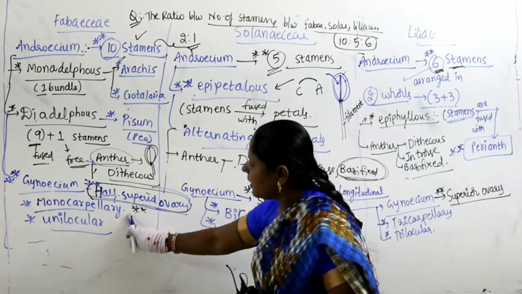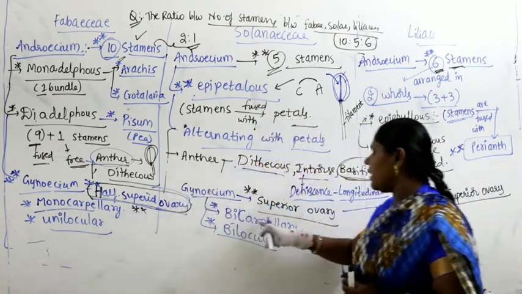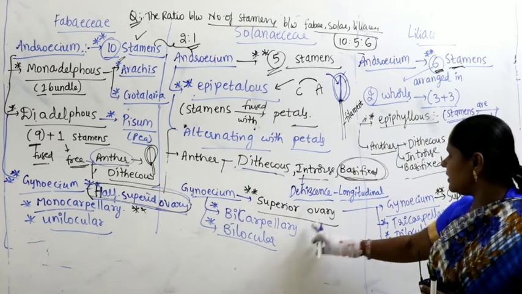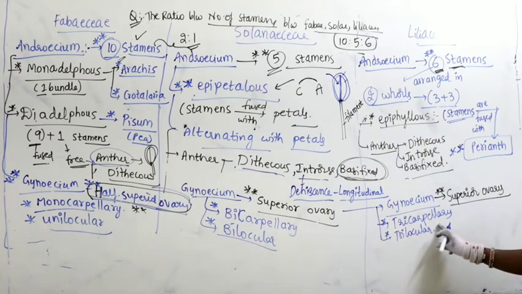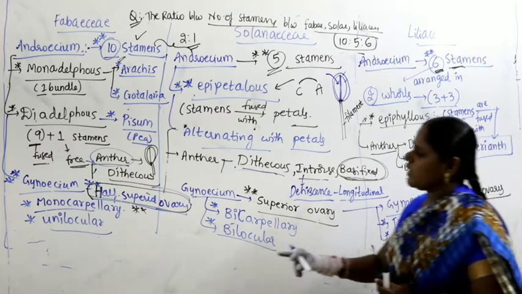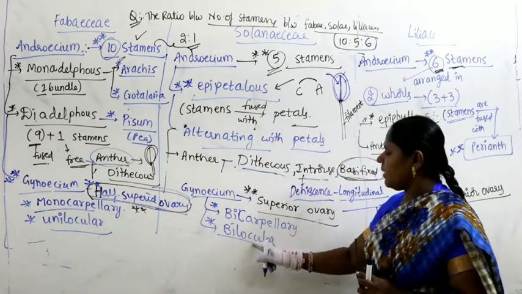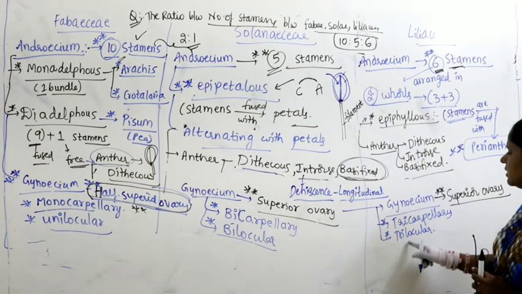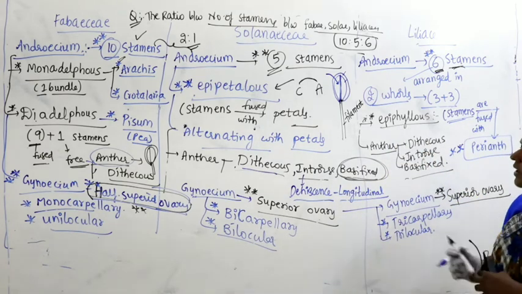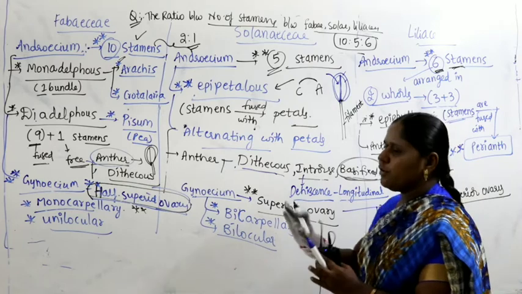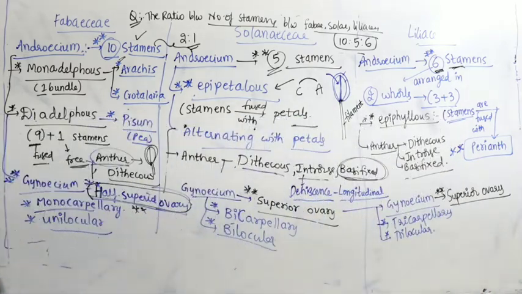Fabaceae is monocarpellary, meaning 1 carpel; Solanaceae is bicarpellary, 2 carpels; Liliaceae is tricarpellary, meaning 3 carpels. So, if only 1 carpel is there, automatically it is unilocular. Solanaceae is bilocular, Liliaceae is trilocular. Whenever the question is about the ratio between all of these,